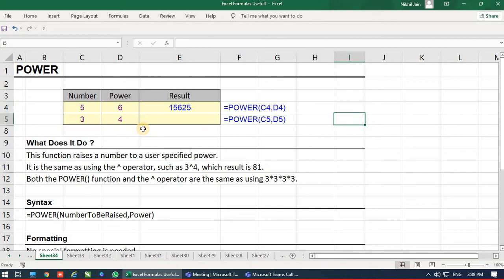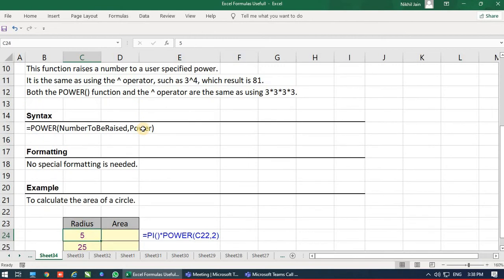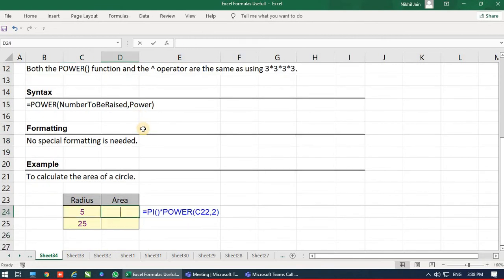Now even over here we can use this formula in the radius also. Equals to pi bracket open close multiply by, now we are going to write power bracket open the cell C24, comma, how many times we have to make it? 2 times, bracket close, enter. So 78.54 is the answer.